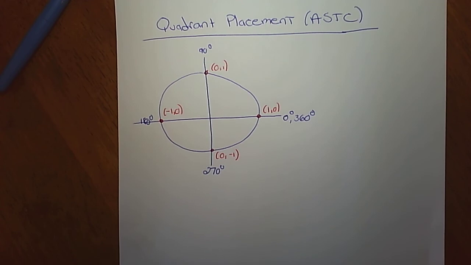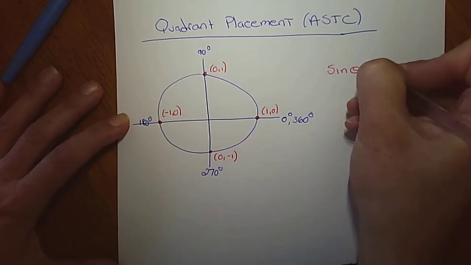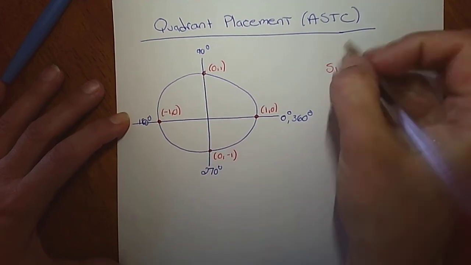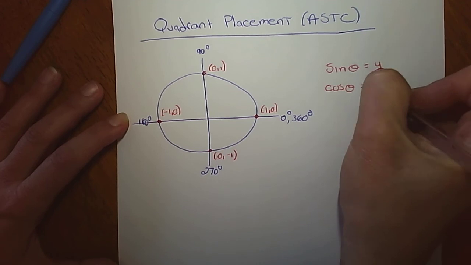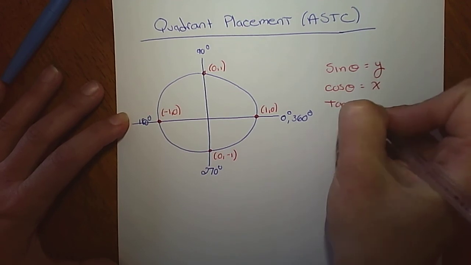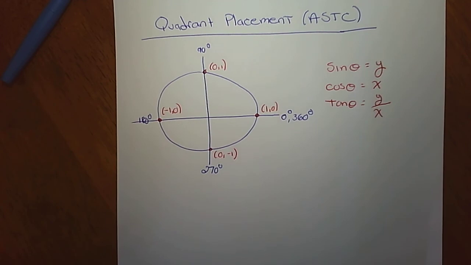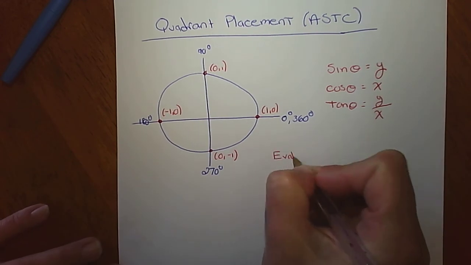Now, a couple things. Last time we talked about how sine, cosine, and tangent can also be part of the unit circle. And we talked about how the sine of an angle is the same thing as the y coordinate, how cosine is equal to x, and tangent was equal to y over x. And we use that to answer questions such as if I ask you to evaluate